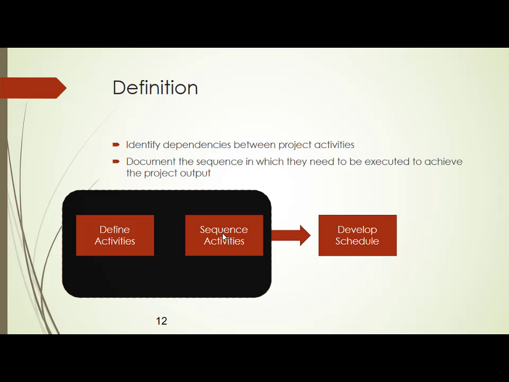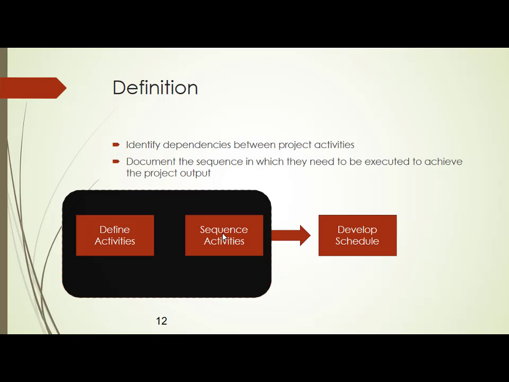For example, in that advertising content only, let us say, first you have to create the content. After creating the content only, then you have to put the content onto the public. So now there are 2 activities. One is creating the content, that is activity number 1. Second activity is, after creating the content, you have to put the content onto the public space. It could be on social media. You have to create the content first, then only you can put it onto the public space. So there is a relationship between these 2 activities. You cannot put the content onto the public space even before creating it.